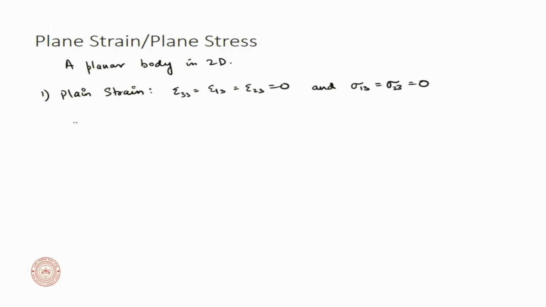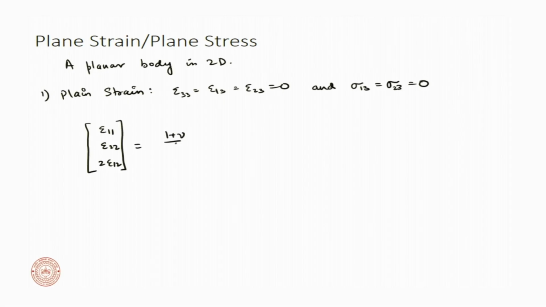If you hold it from top and bottom like this, in that case, you will have a compressive load on the body which will prevent that elongation. So, you will have a sigma 3 3 to counter the natural strain development in the epsilon 3 3 direction. Okay. So, you will have sigma 3 3, but you will not have epsilon 3 3. And at the same time, there will be no shear in the third direction and no shear strain in the third direction. So, our expressions will be, now we will have just 3 terms, epsilon 1 1, epsilon 2 2 and 2 epsilon 1 2